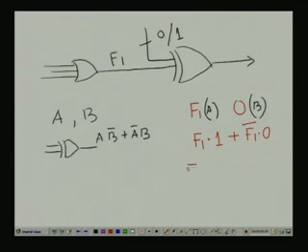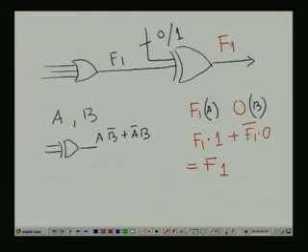So, this becomes F1. So, that means if the other XOR input is 0, then as it is I will be getting